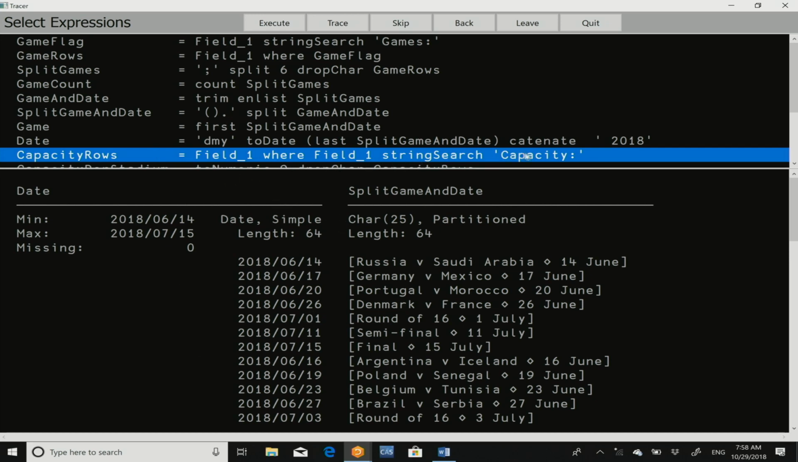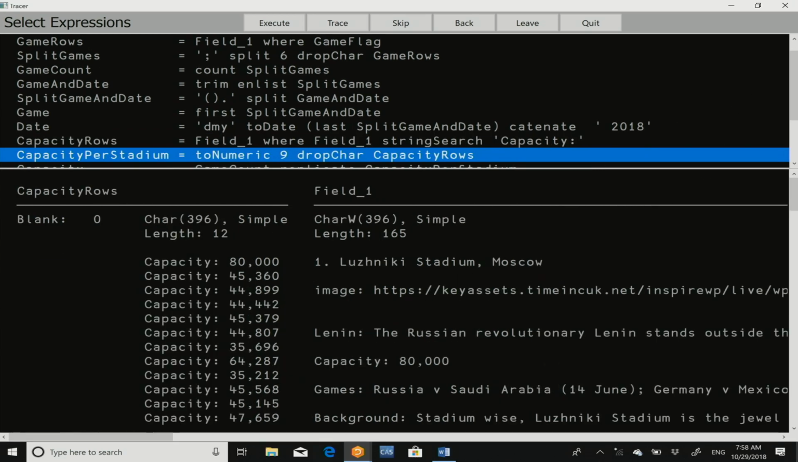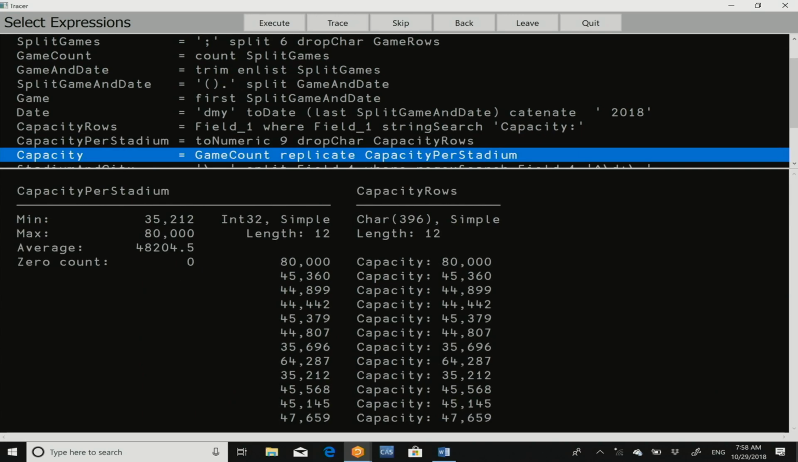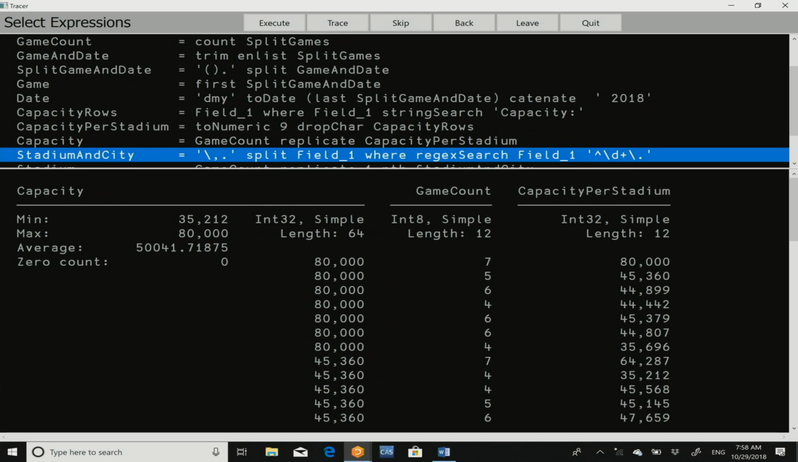Then, what am I doing here? I'm looking for the capacity for each stadium. That's something that we want in a column as well. Here, I get the capacity per stadium, and then I kept track of how many games per stadium there were so I can replicate and expand it so that it lines up. So we're using that game count, and we're using replicate, and you can imagine what that does,